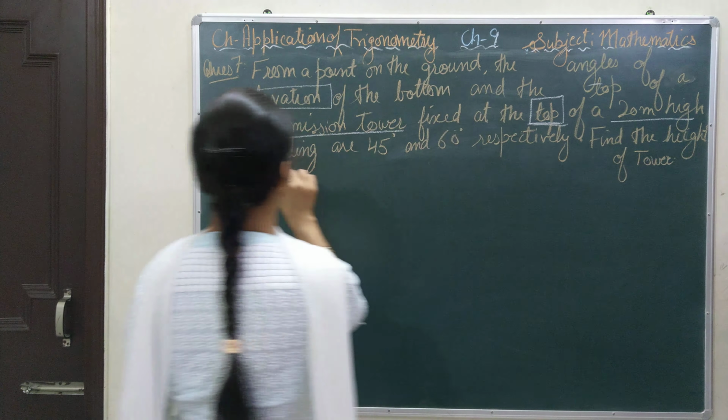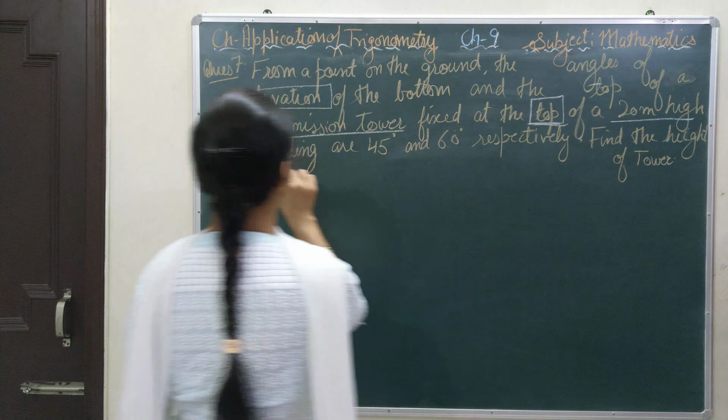building. Here is the transmission tower. Find the height of that tower. You need to find the height of this tower. So you are given the angles of elevation to the bottom. As the angle of elevation is there, the person must be on the ground. So of the bottom and top of the tower, at the bottom and top of the tower.